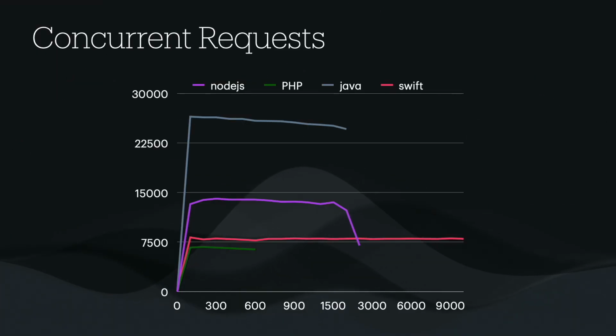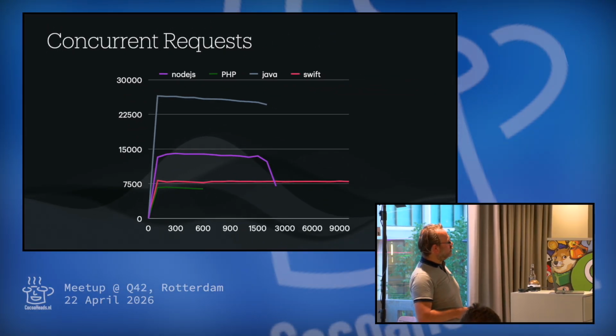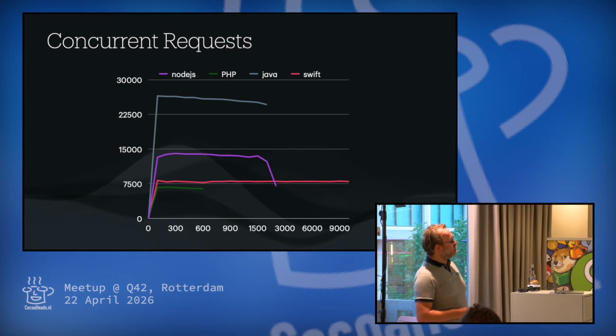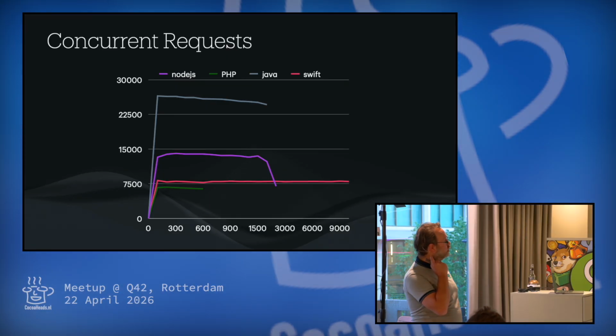And so this is like a bit weird comparison. So let's combine it all into one chart. And then you see PHP at the bottom. And then you see Swift. Node.js, which drops down here. And Java, which I stopped here. And Swift, I kept going because I thought, when does Swift stop? And I stopped there and I didn't continue on this server. So this is a nice thing.